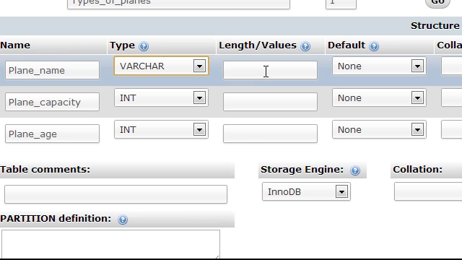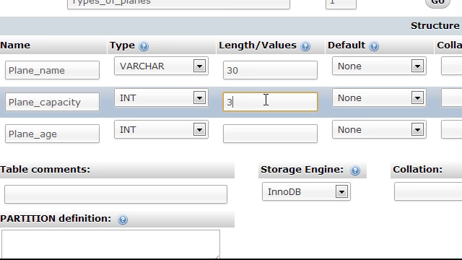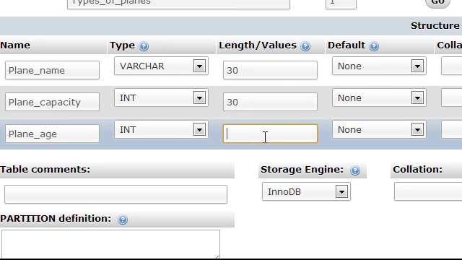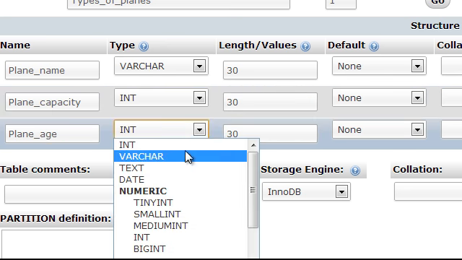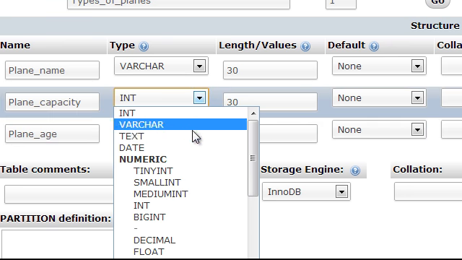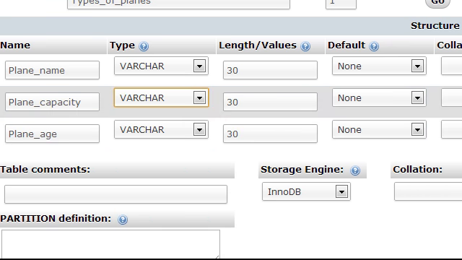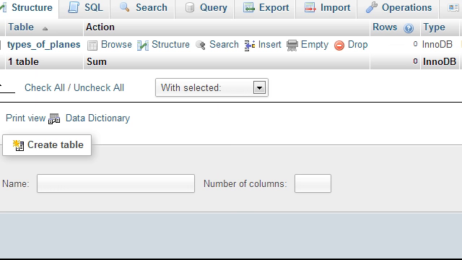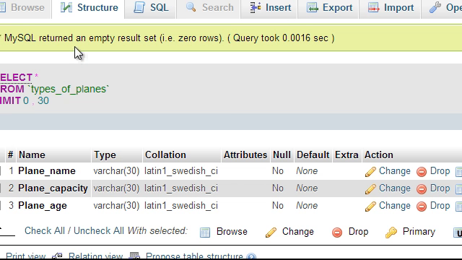We use variable characters, 30 each. And when you finish, just select save. And to show that our tables have been created, select types of planes, and there we see our 3 tables